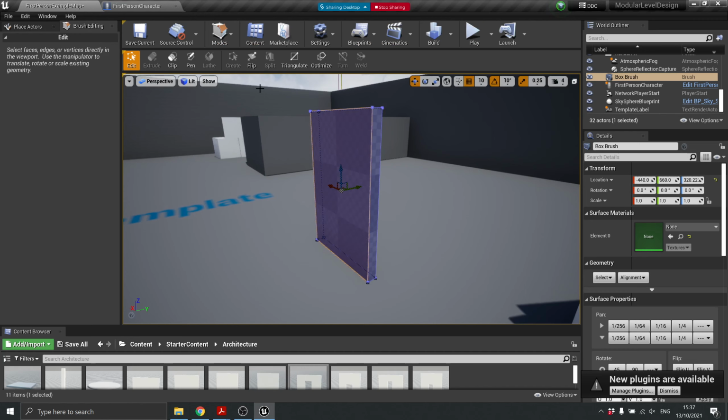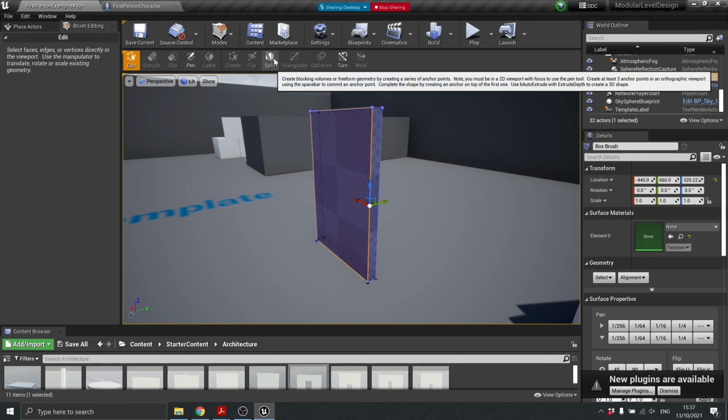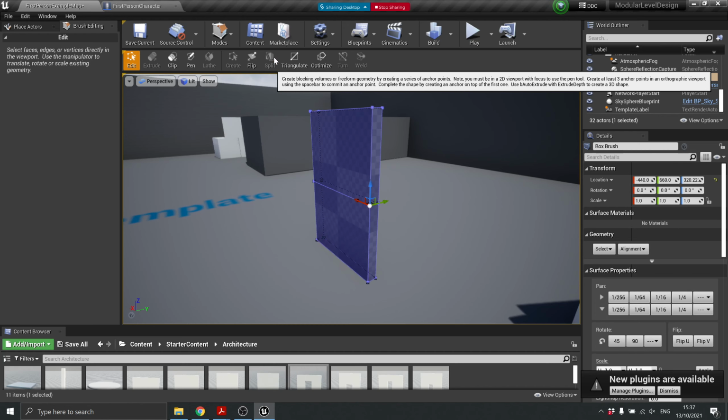I'm going to go to my brush editing mode. Now, if I click this edge here, there's a button here called split. Does anyone want to guess what that's going to do? Yeah, it's not going to create two new models out of this. What it's going to do is put a ring of vertices around here. Okay, so that means we're going to be able to edit the shape then. So, if I select that and hit the split button,